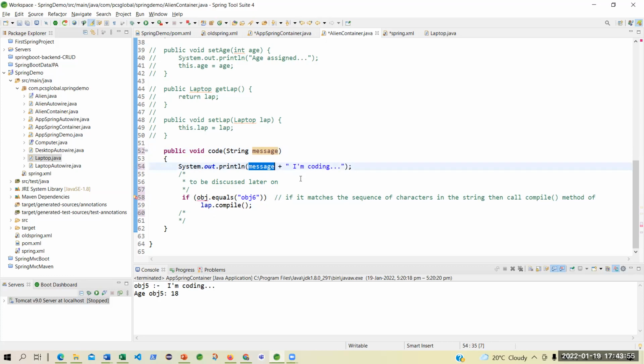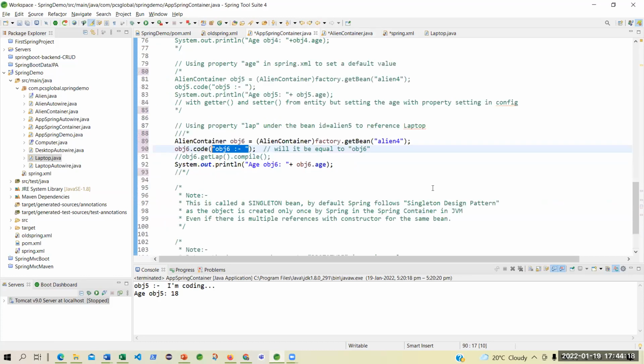So I'm worried about this parameter. This parameter is an object, that is fine, but the name of this parameter is message. Now I'm saying message equals obj6. Now it is more clear. Is this message equals obj6? No, sir. Yes or no?